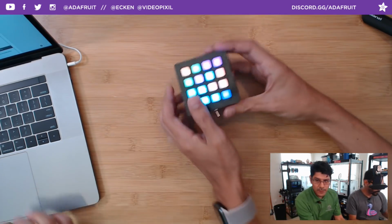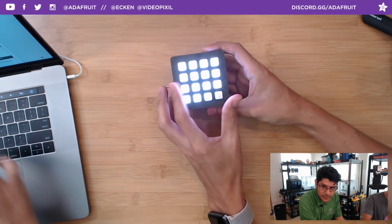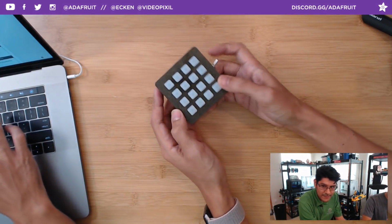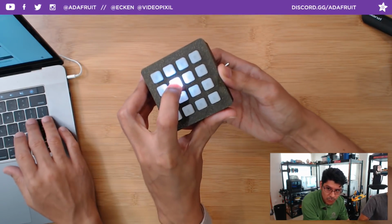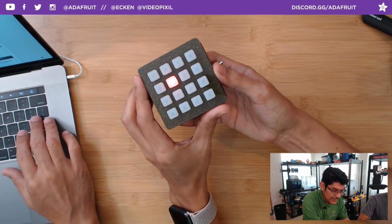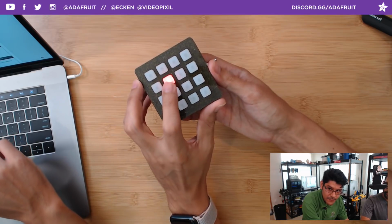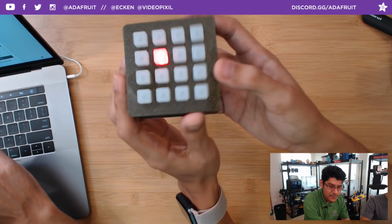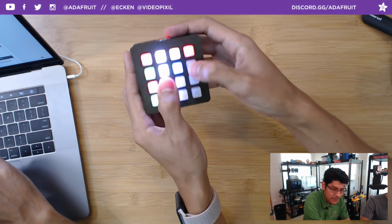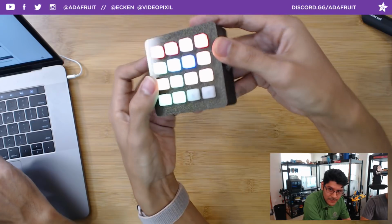So here's the way it works. When it starts up, it clears through and lights all the pixels up white. When you press any of the buttons and hold it down, it'll turn white. When you let go, on button release, you get a random color. The point of the game is to match all of these colors with that first color. So it's red, right? As I press these buttons, you'll notice that if I keep pressing the same button, it's a little hard to see, but...